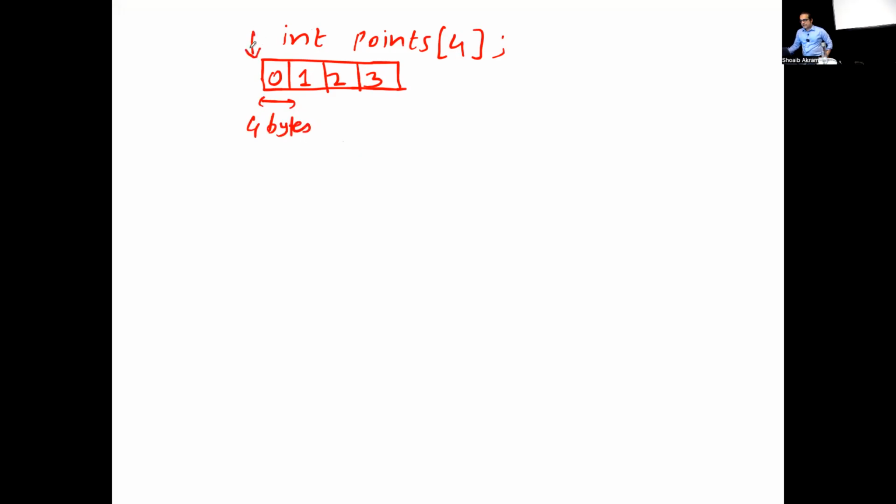This array has a base address somewhere in memory. And now I want to go to, let's say the base address is stored in